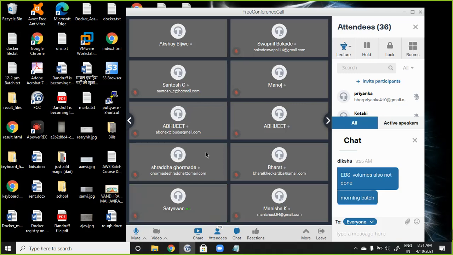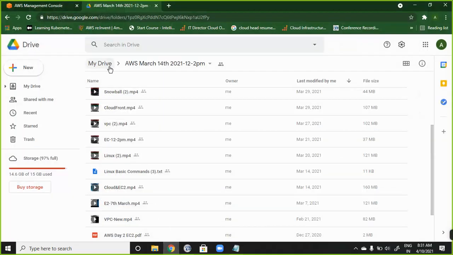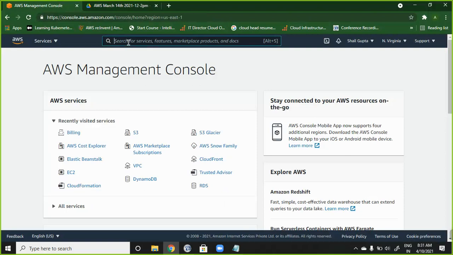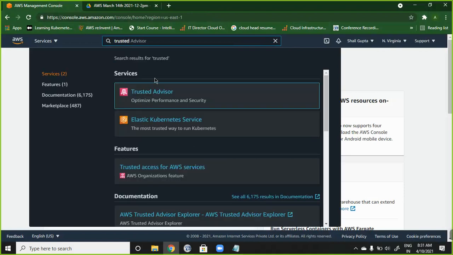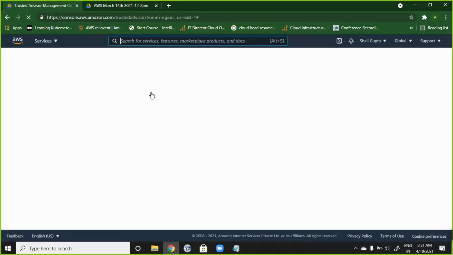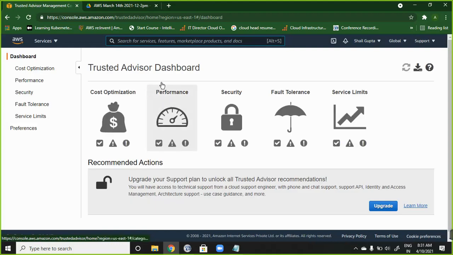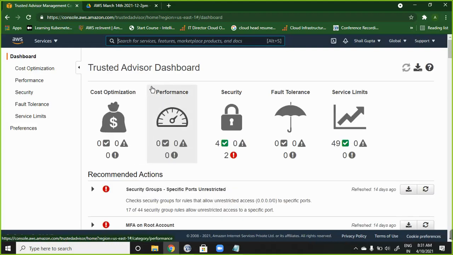So if I go to AWS and search Trusted Advisor, right? Yes, sir. In this Trusted Advisor you can see cost, performance, security, fault tolerance and service limit. Fault tolerance means high availability failover.